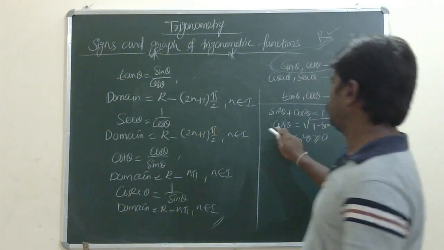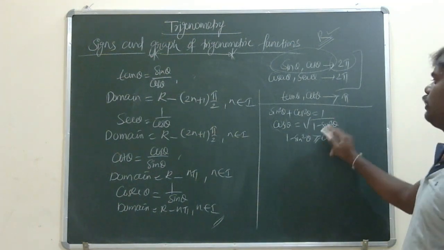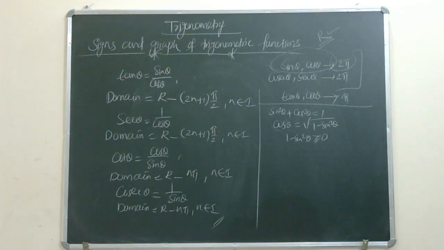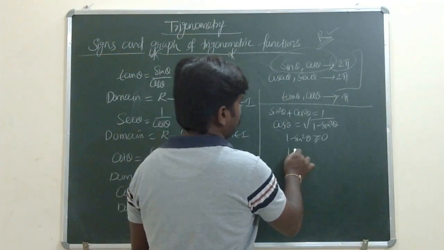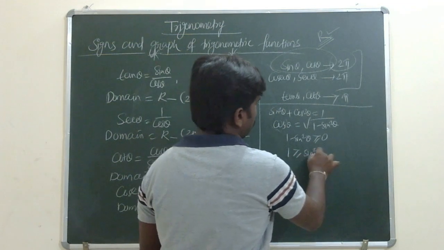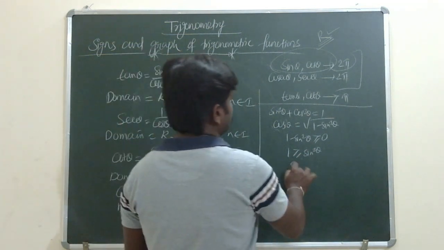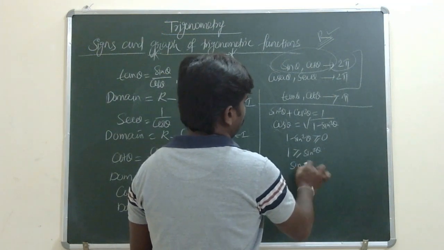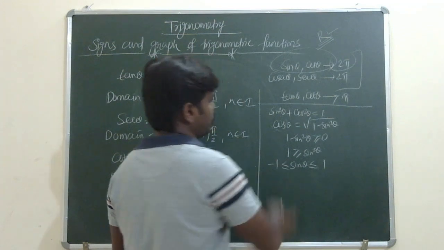So cos theta is equal to square root of 1 minus sin square theta. Here 1 minus sin square theta will always be greater than or equal to 0. So 1 minus sin square theta greater than or equal to 0 means 1 is greater than or equal to sin square theta. That means sin theta is less than or equal to 1 and greater than or equal to minus